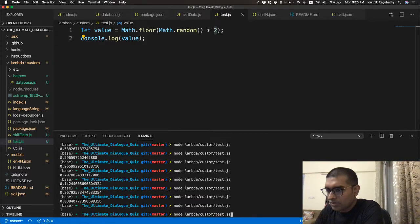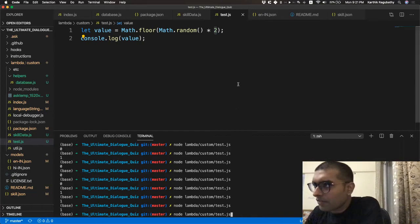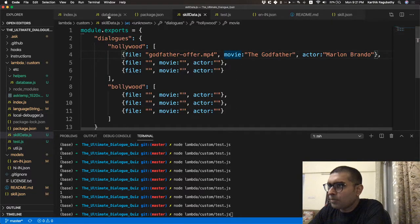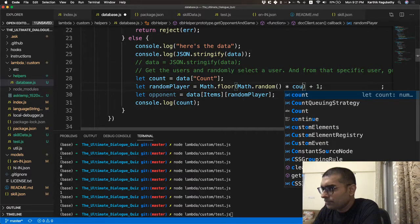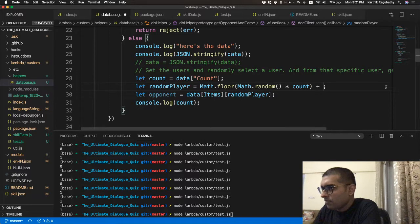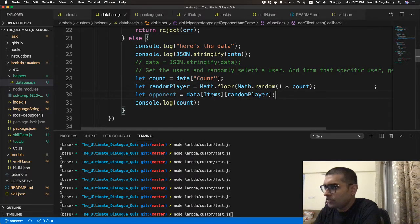okay, so now let's do it. So this is going to be 1 1 1. That's weird. Now 2 is not coming up, but earlier the values used to alternate between 0, 1 and 2. Okay, that looks like we solved it then, right? I don't need to do a +1 or anything like that. So Math.random into count is our player, right? So